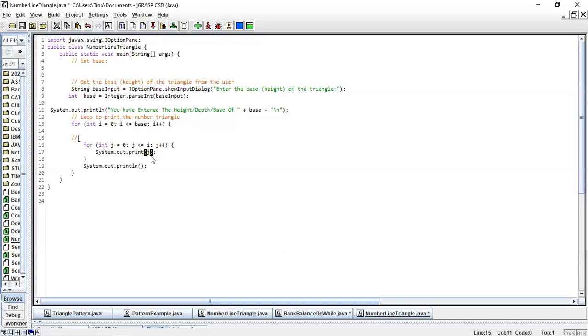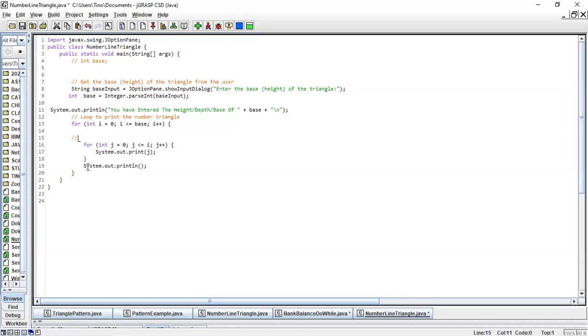System.out.print j. We are starting to print the column, right? After the column, here there is only print. Why did I put only print, not println? Print prints on the same line, like a column.